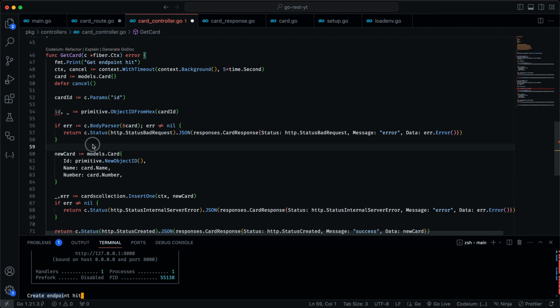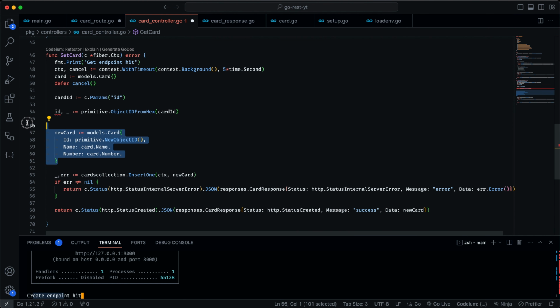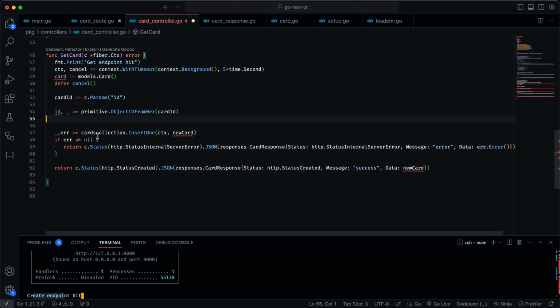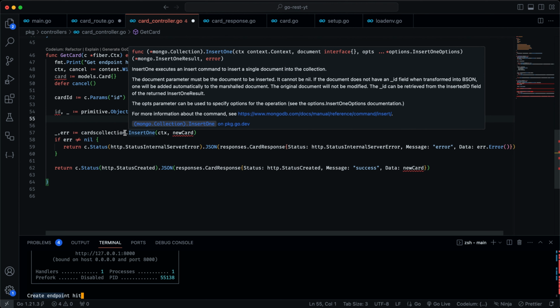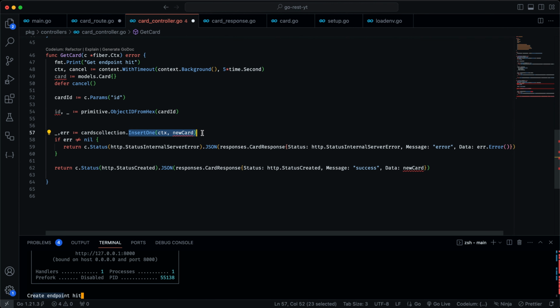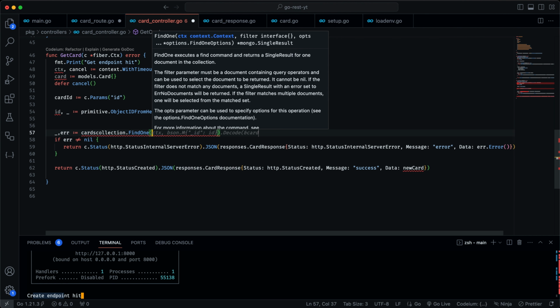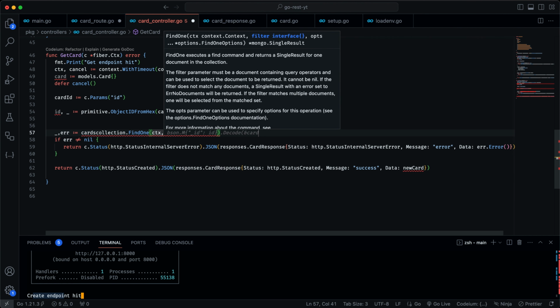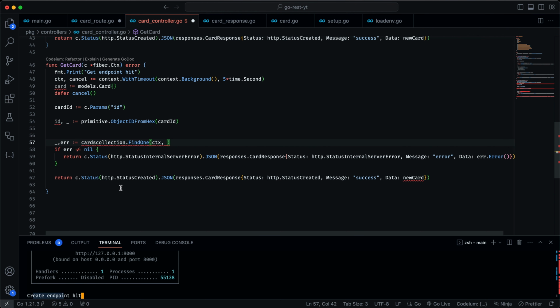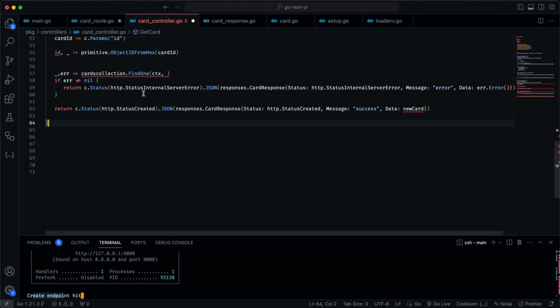Cool. So now in here we don't have to parse the body and we don't have to create a new card as well. So in here we can say cards collection, and instead of inserting we'll say FindOne, and we'll have to give it the context to make sure we set a deadline. When we are generally working with Go and MongoDB Atlas, we don't generally send JSON, we use something like